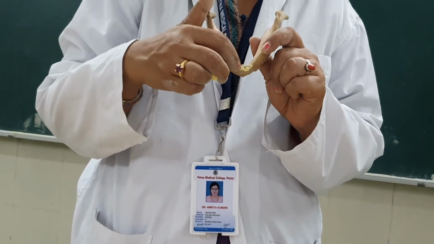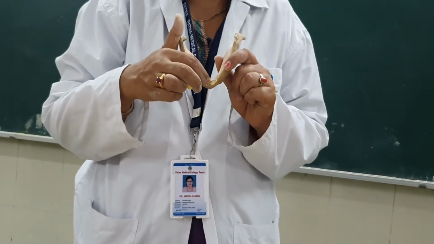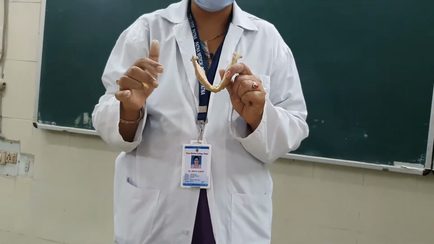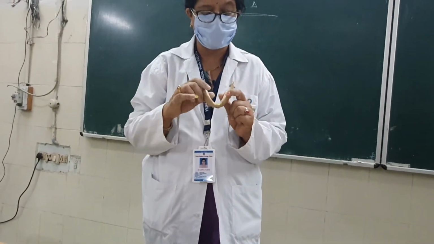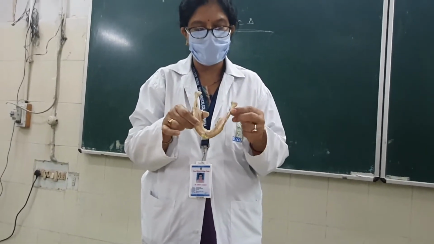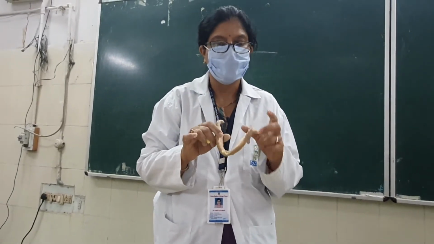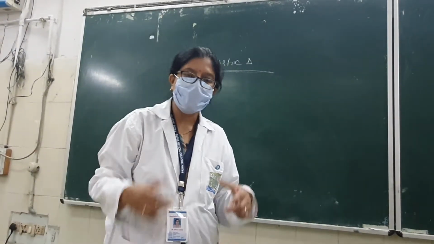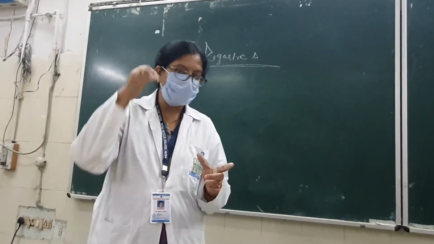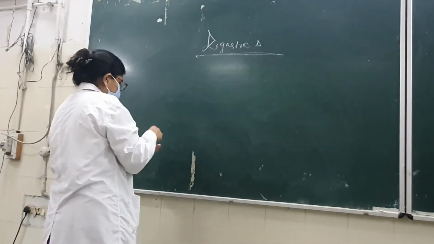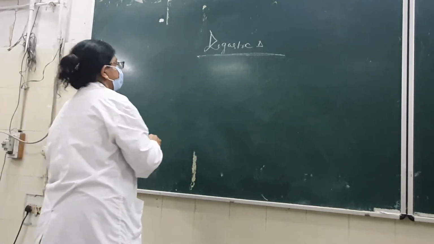Okay. So the digastric muscle is present between what? Two bellies: the anterior belly of digastric and the posterior belly of digastric. The anterior belly arises from this digastric fossa, and the posterior belly from the mastoid region. These are the two bellies, and they are joined by an intermediate tendon. So, making the diagram of your digastric triangle.